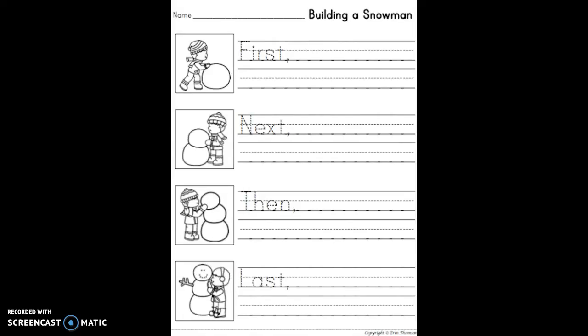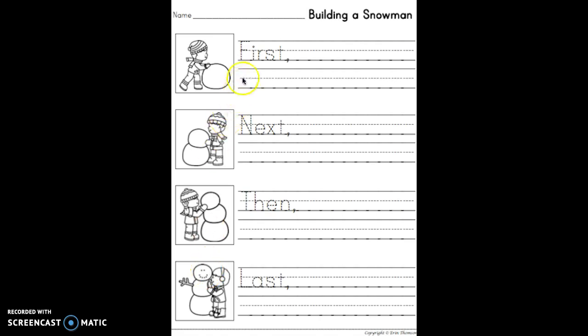Hi boys and girls. Today for writing you're going to be working on sequencing a story. So the first thing I want you to notice is there are 4 places for you to do some writing. There are 4 pictures. And if you notice, the pictures are going in order as to what is happening. So first he's rolling the ball, then he's adding a second, and then a third, and last he's decorating the